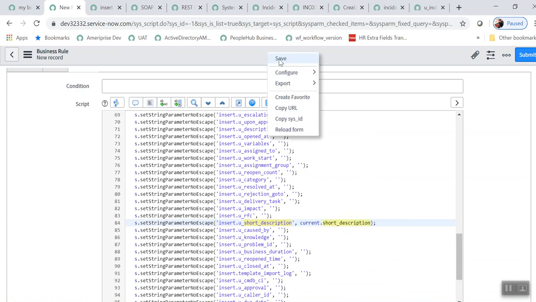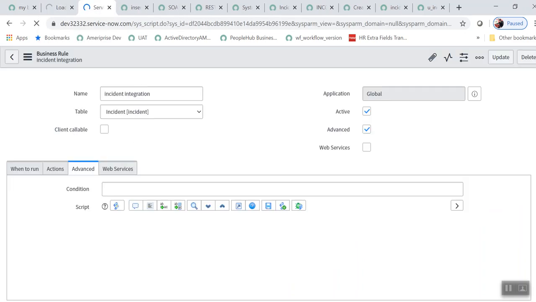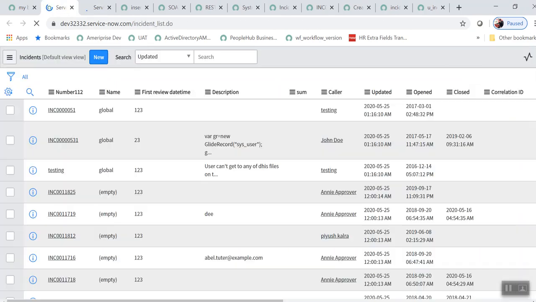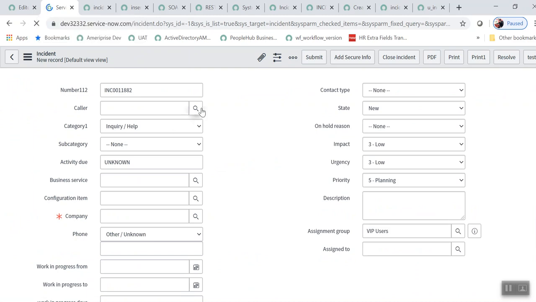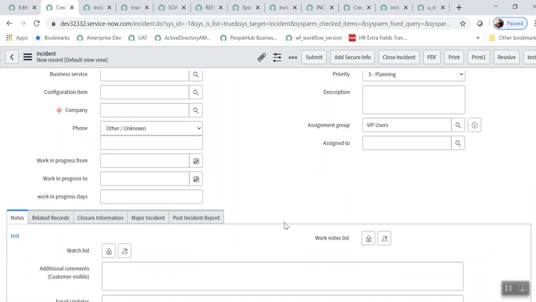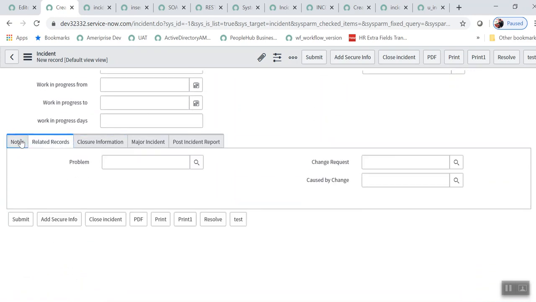Once we save this, we are going to create a new incident. This is our new ticket, and we need to define a short description.